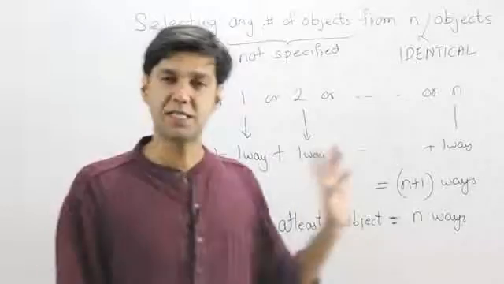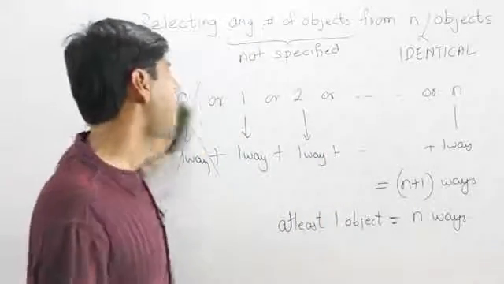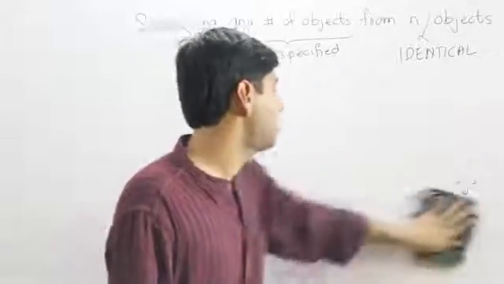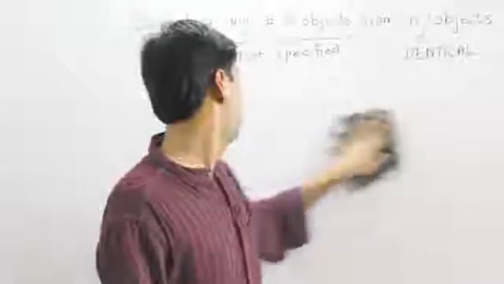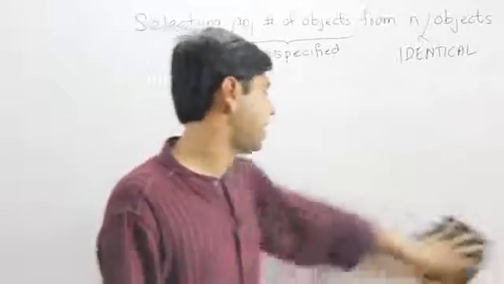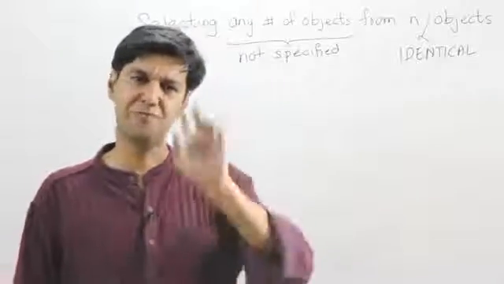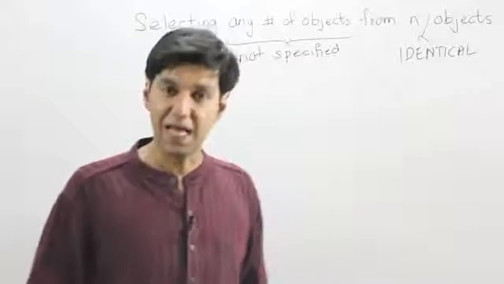Right? So the logic to understand this is pretty easy. What you need to realize is, when would I have identical objects? Other than the question specifically mentioning that there are n identical objects, or in an urn there are n identical marbles, and I have to remove one marble, that is just one way. I have to remove two marbles, that is just one way. Other than those,